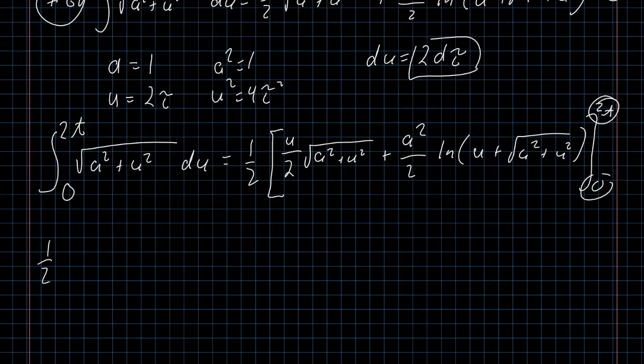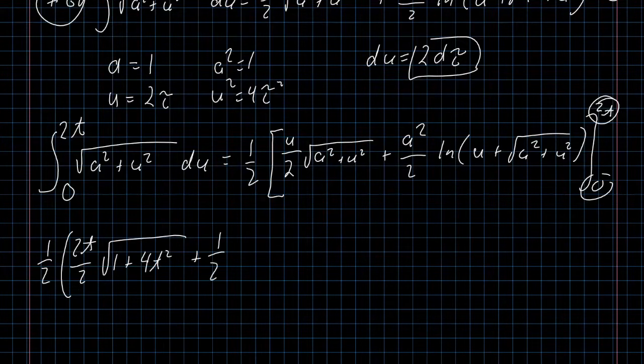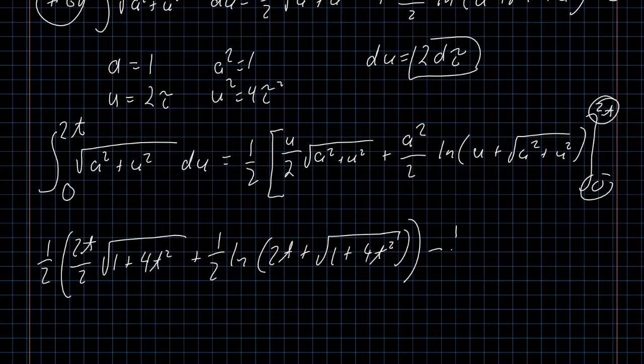So I've got 1/2 of 2t over 2 times the square root of 1 plus 2t, the whole thing squared, is 4t squared, plus a squared, which is 1 over 2 times the natural log of u, which is 2t plus the square root of 1 plus 2t, the whole thing squared, which is 4t squared. And then subtract 1/2 of, now u is 0,